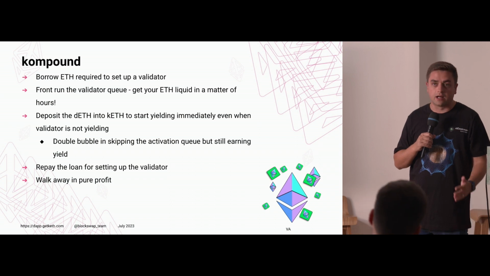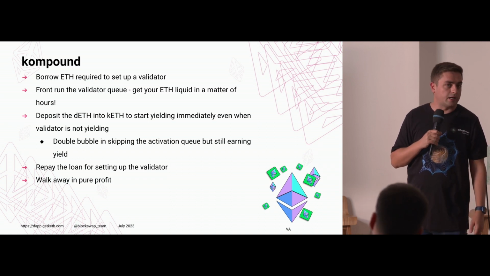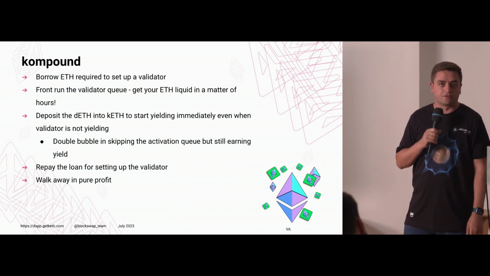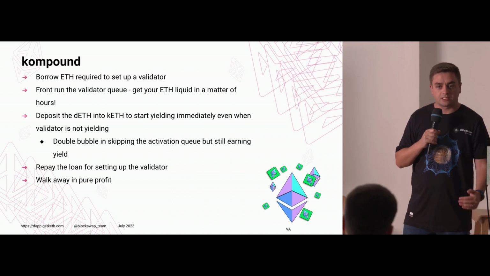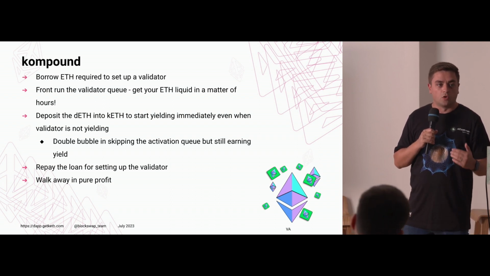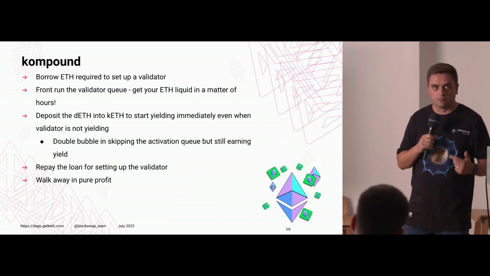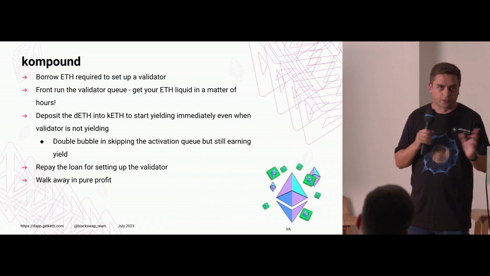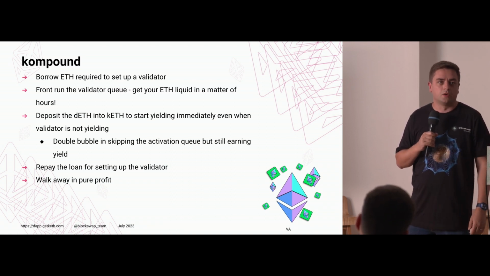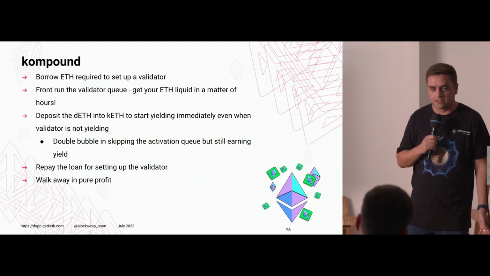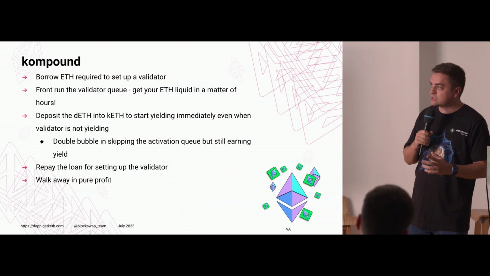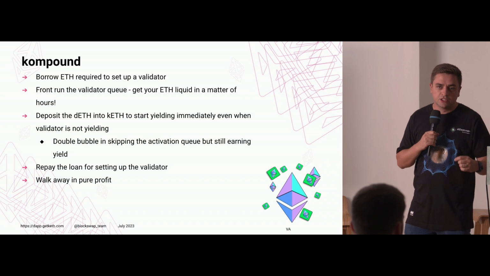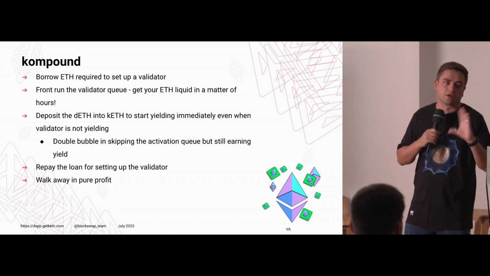And right now, today, it's mid-July, and there's an activation queue on the Ethereum consensus layer of 30 plus days. So that's 30 or more days before your validator is attesting, producing blocks, basically making any revenue. It's just idle capital on the beacon chain, doing nothing. So that's an opportunity cost, right? Compound staking, through the Stakehouse protocol, allows you to jump the activation queue. So you can get liquid derivative tokens within about 16 hours.